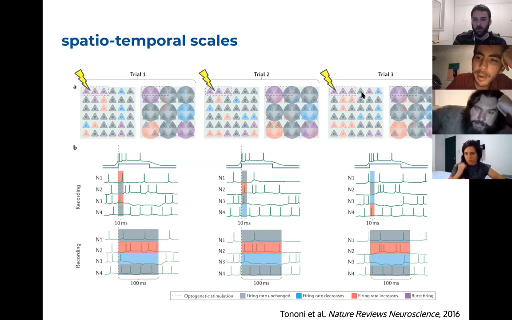So at the micro level it's not fully deterministic. From trial to trial, they sometimes increase firing rate and sometimes decrease. But were you to consider a coarse grain in which you consider them as a group,